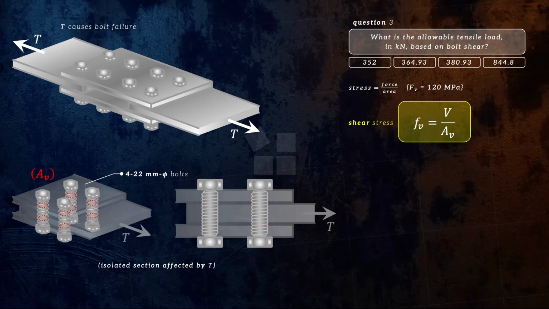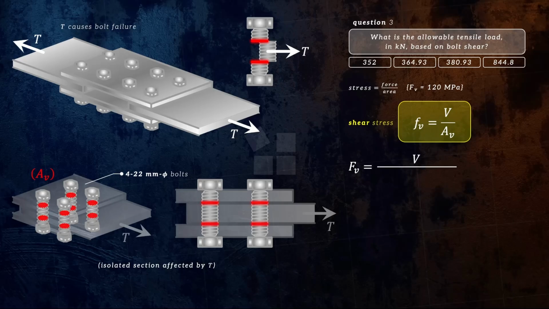Take note that the shear area is simply the area where the bolt failure might occur, in which if we isolate a bolt in the section we are currently considering, the shear area is located at the red lines as shown above. If T acts in such a way that it will cause bolt failure, our isolated bolt would fail this way. Using now our formula, we have FV, the allowable bolt shear stress, equals